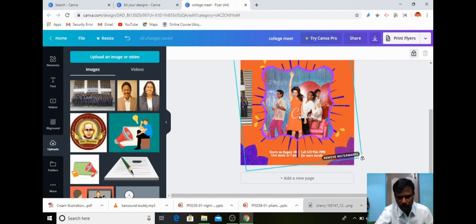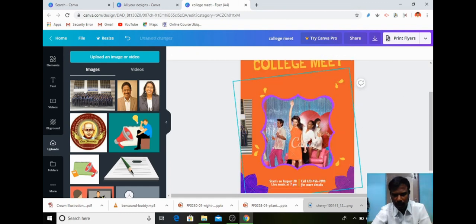So it is locked, so I unlock it, and after that I can delete it. Suppose it is locked, it means you cannot do the modification. Before that you have to unlock it.